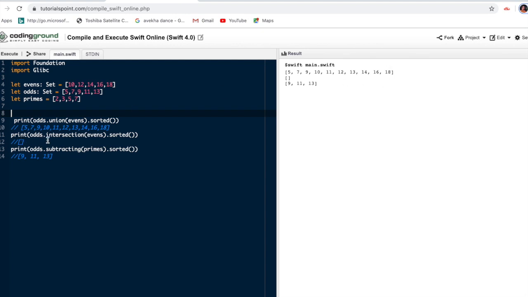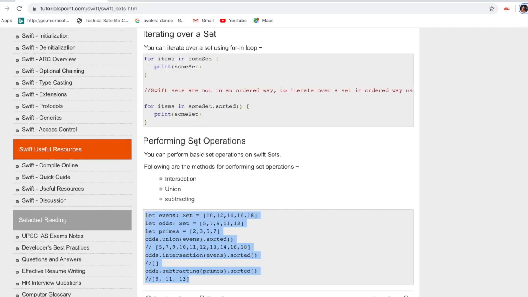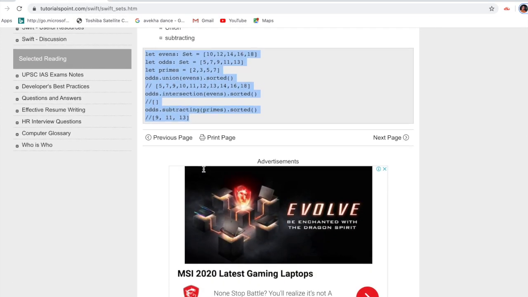And the second output, odd number dot intersection of the even number then sorted. The third output is odd number dot subtracting the prime number. This is a way of writing sets.